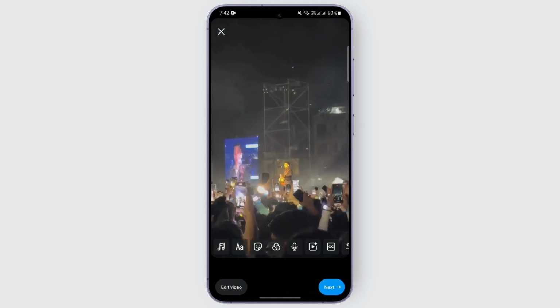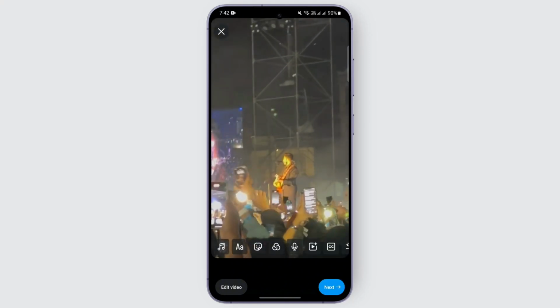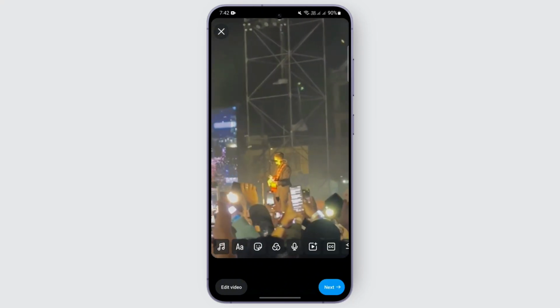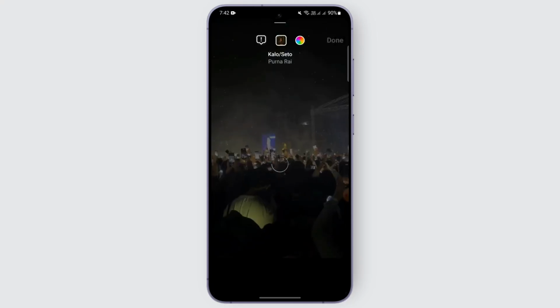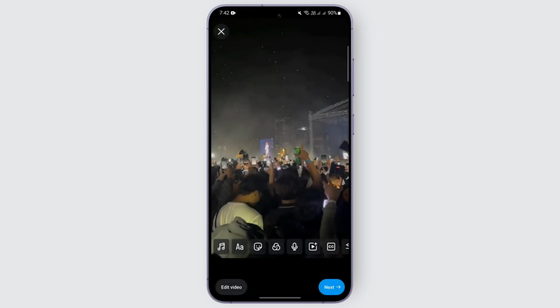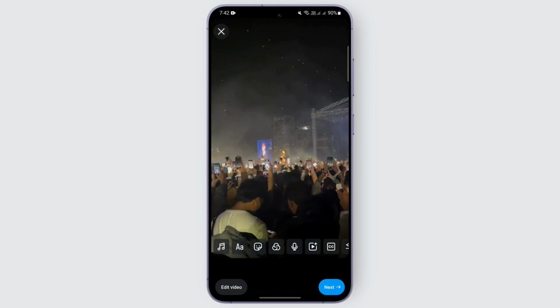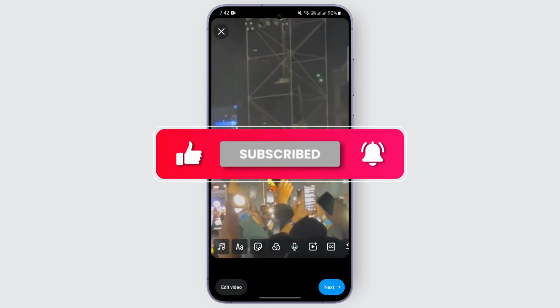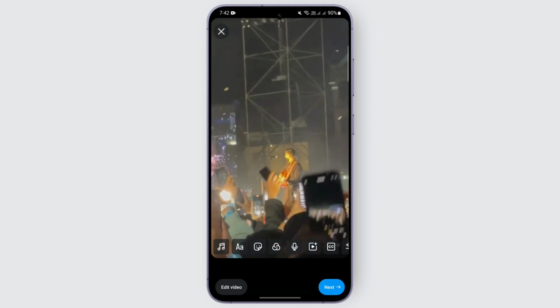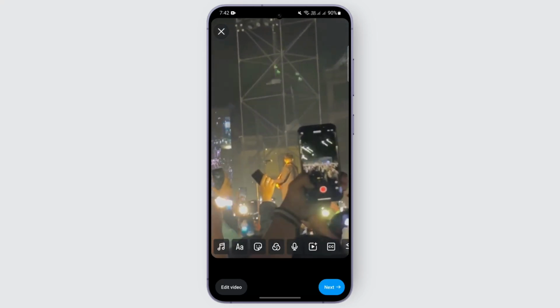After you're done selecting your video, what you're gonna do is simply tap on this audio section and select the audio that you want. I'm gonna select this one right here. But unfortunately, Instagram doesn't have that feature where you can add multiple audio at the time. Maybe in the future, Instagram will make that feature available, but at this moment, we don't have that